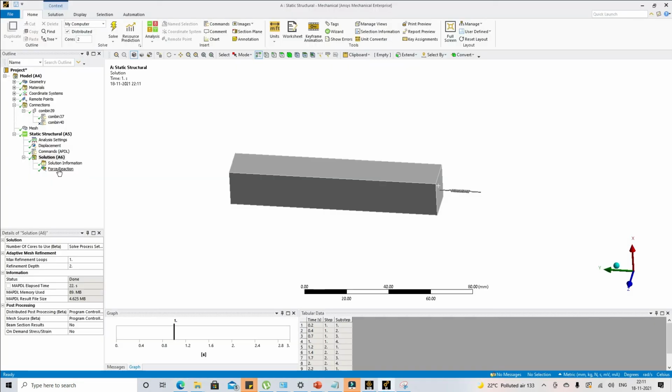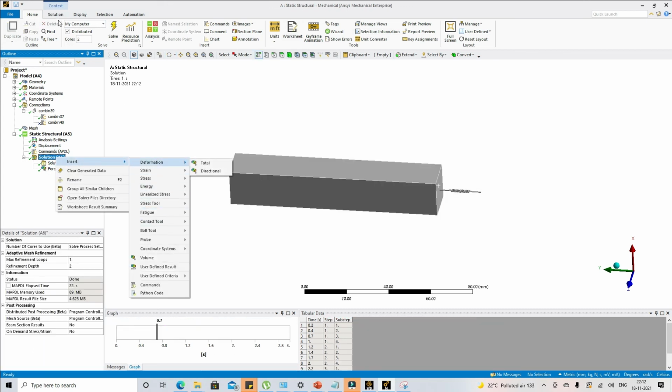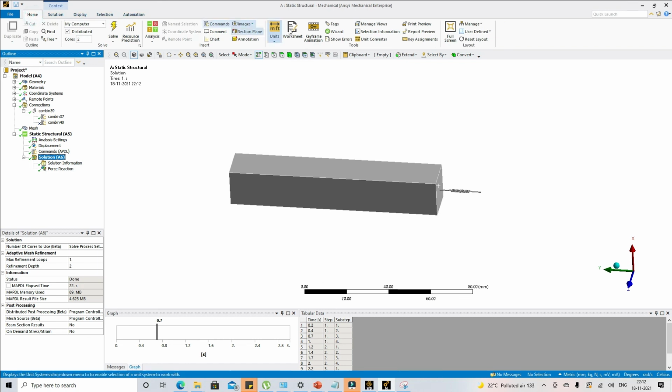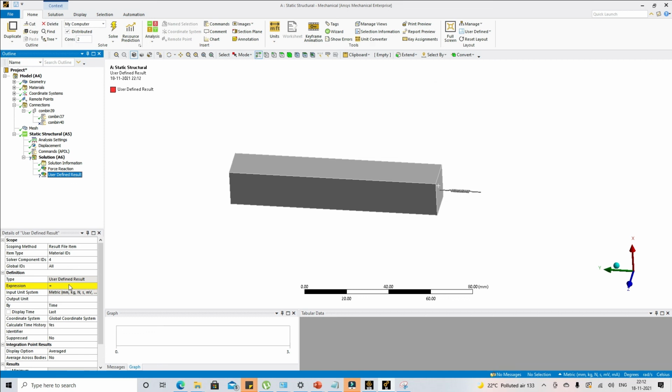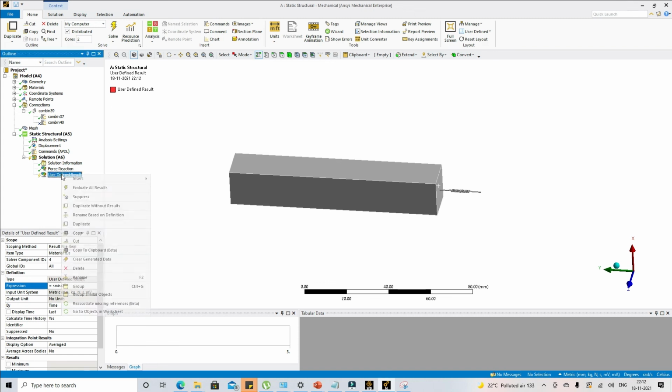I believe it will be solved by this time. I can go back to home, worksheet, and check the element number associated with it. So it's element type ID 4. From here, I will use create user defined results and type smisc2.